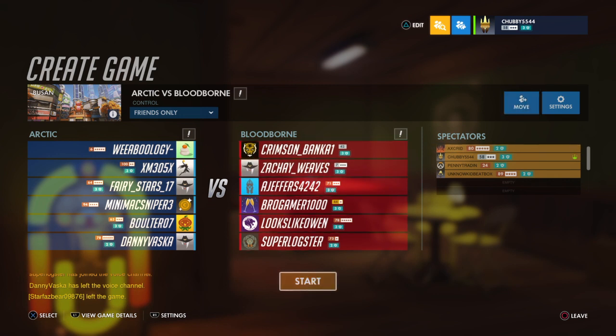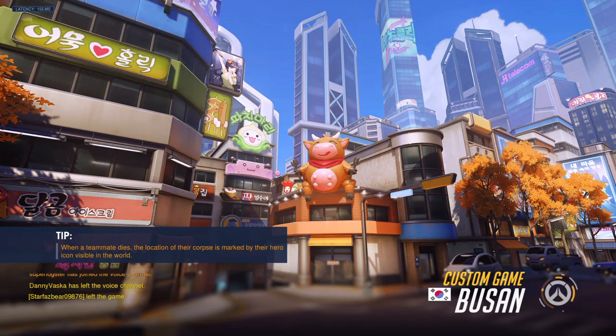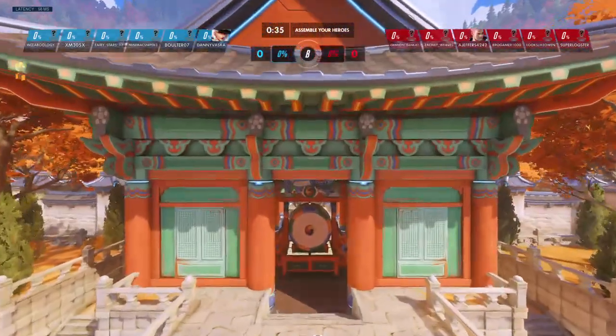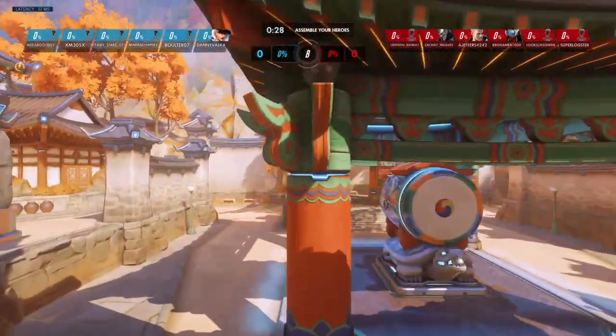It's just that I don't know how to say. It seems like they commit ults in a way that, I'm trying to think of how to say it. Arctic knows they're going to use ults at that time, and they're just keeping the edge in that regard, as they know they can save their ults till this moment. And Bloodborne